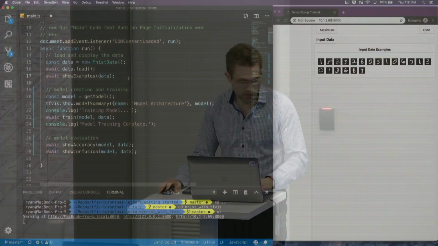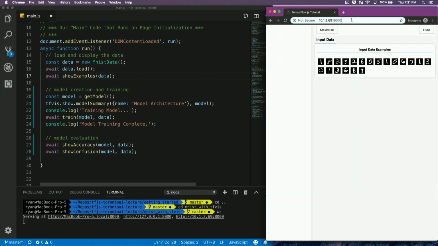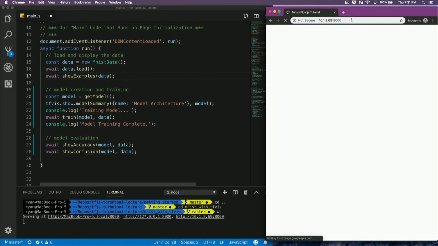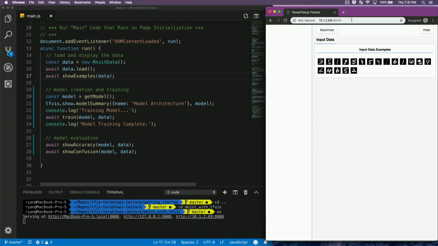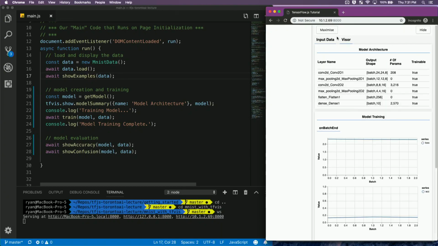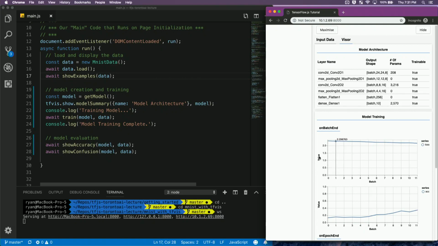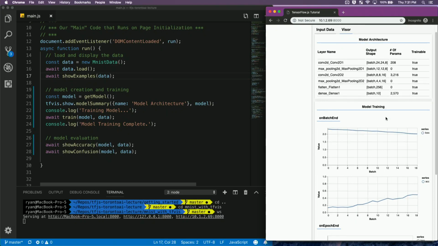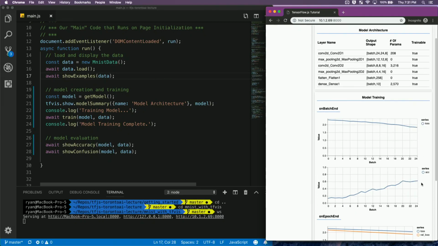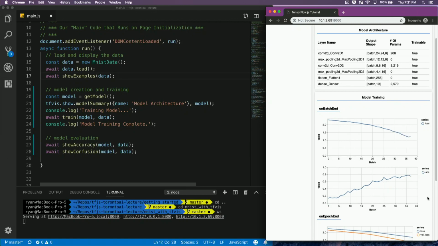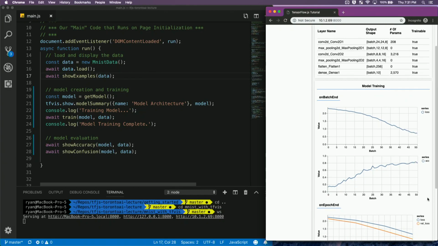And now let's just uncomment this code, which is going to add the model training and evaluation when we run this application again. Let's just run it. Hopefully there's no errors. Okay, so there we go. It inputted the data, and now it's actually training the model, and it's updating. This is showing you the loss and the accuracy in real time as it's training. So that's cool.